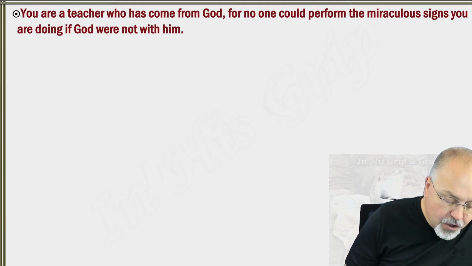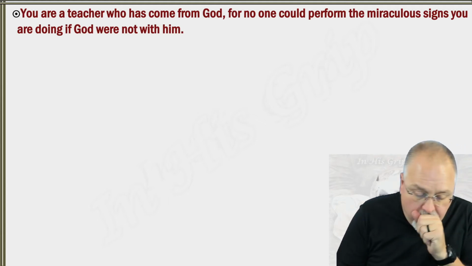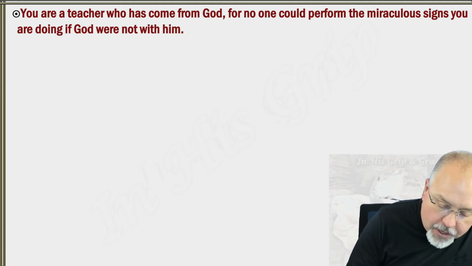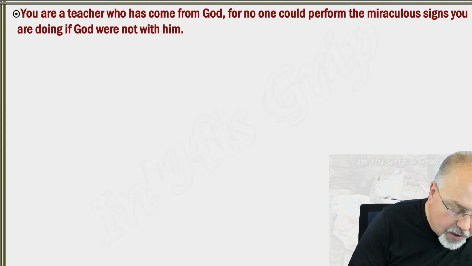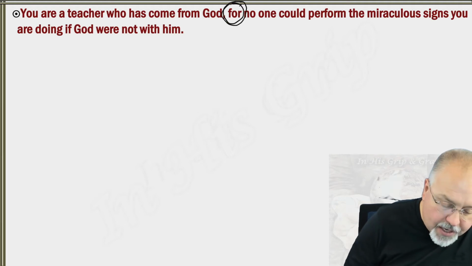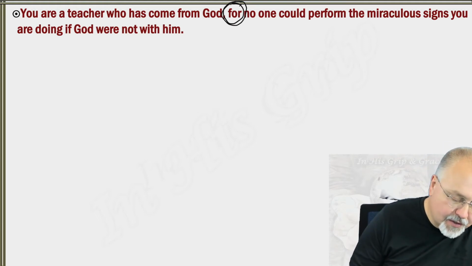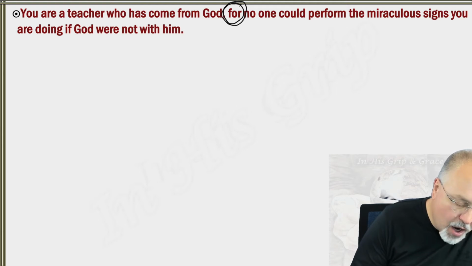Okay? "You are a teacher who has come from God, for no one could perform the miraculous signs you are doing if God were not with him." All right, here we go again. "For" is an explanation, right? And so the conclusion, assuming this is the conclusion, is "you are a teacher who has come from God." And so therefore,